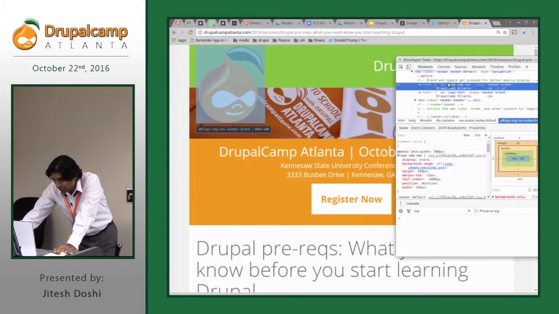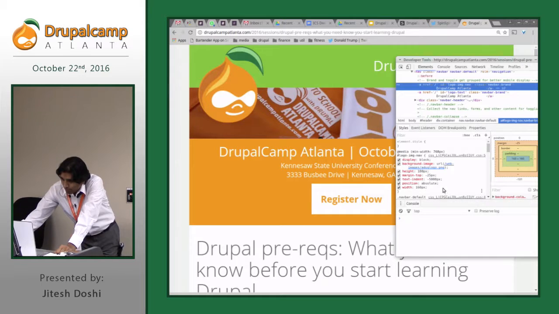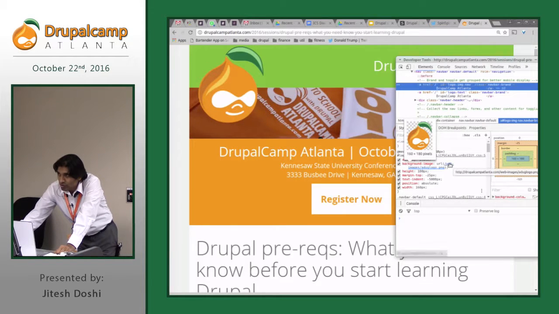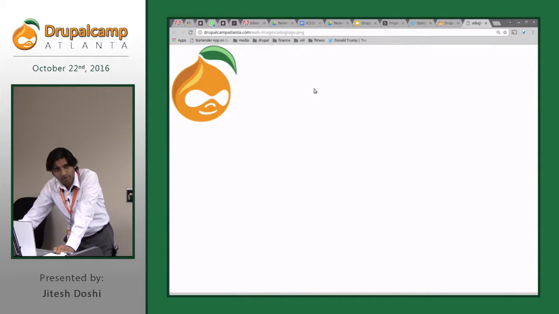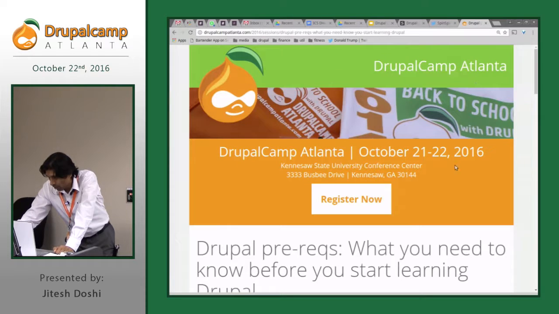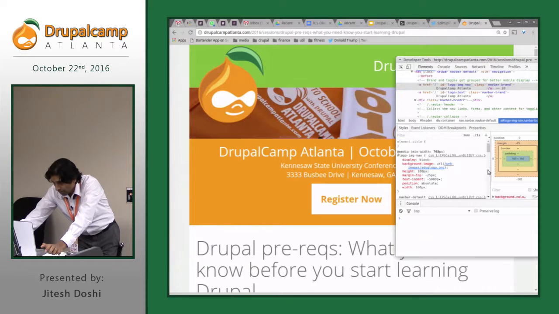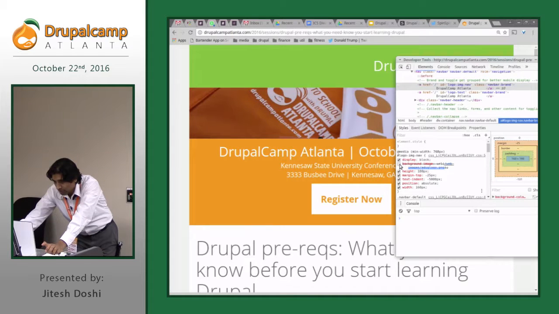It's just a hyperlink. Well, then how does it show the image? Well, it's using a background image, right? And then you can right click on this and say open link in new tab, and that's the image. Now you can download the image, do whatever with it, right? Or you want to see how it would look without the background image. So you just uncheck this checkbox, and now it's gone, and so on and so forth.